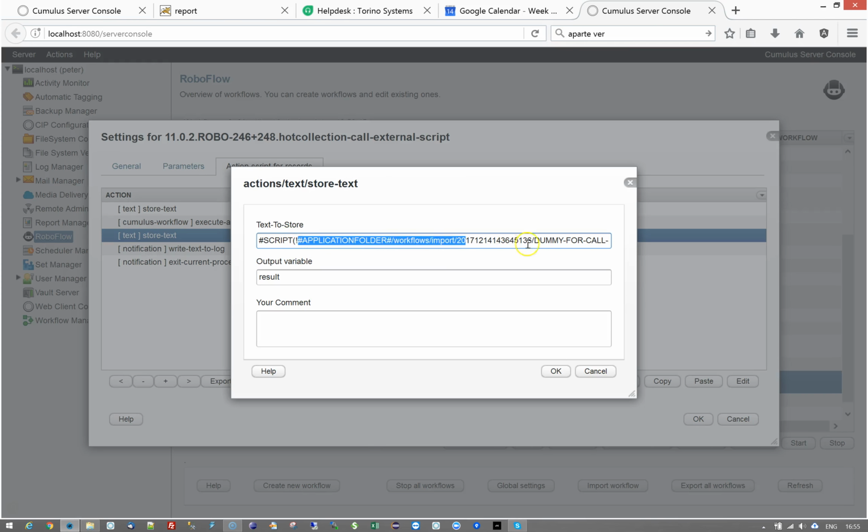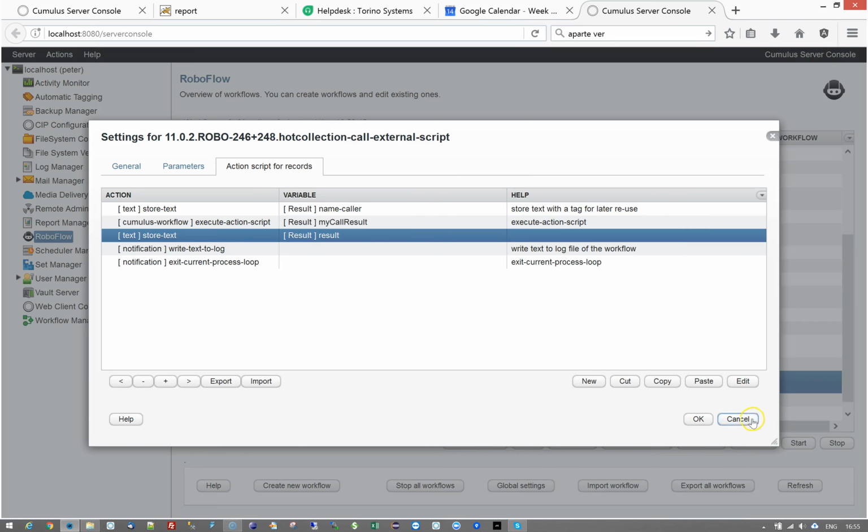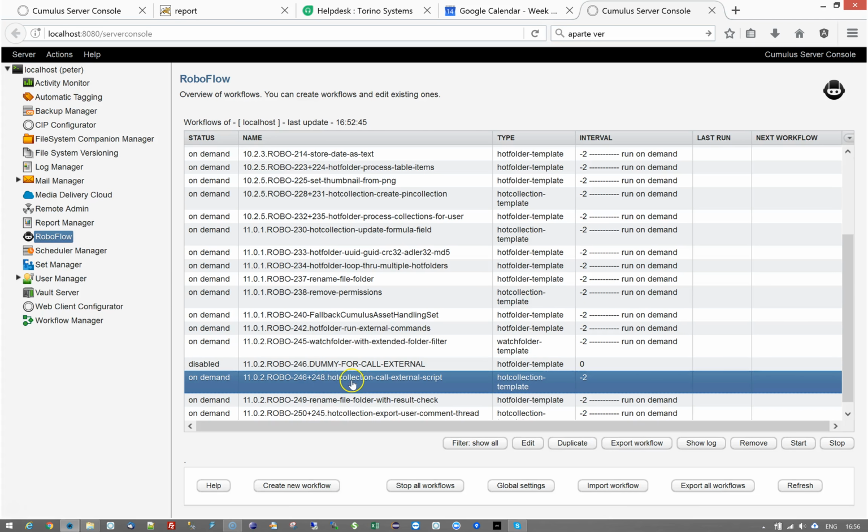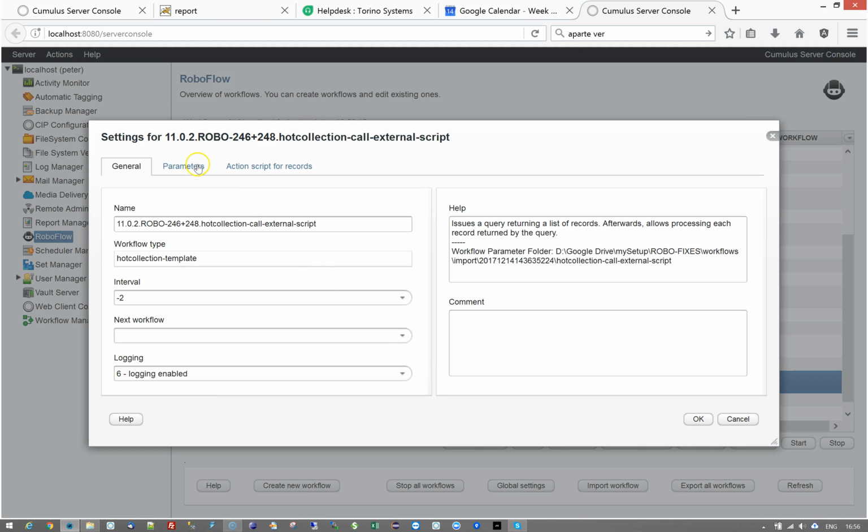You just specify the path to that script. Where do you get the path from that script? Well, in each workflow, if you look on this tab, you will see that you have the path to the folder, and then you just need to find out what the name of the script is by going to the folder. If you look inside here,